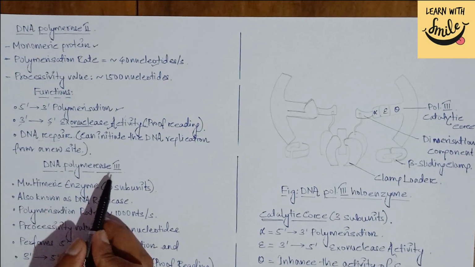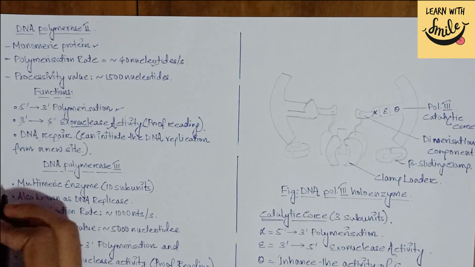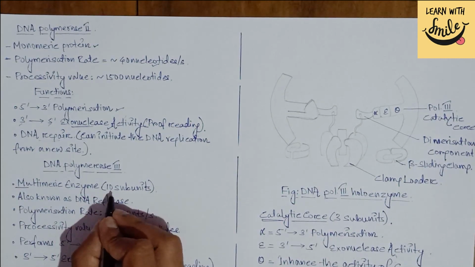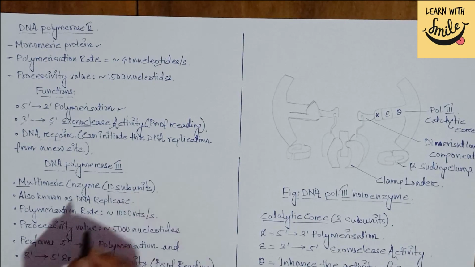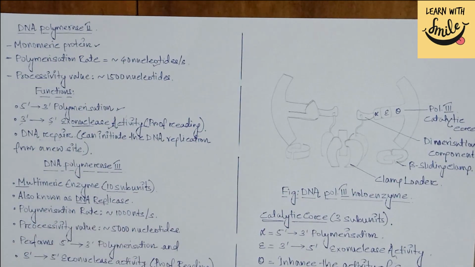Now, coming to DNA polymerase 3, which is the most prominent enzyme working actively in the prokaryotic DNA replication process. Basically, it's a multimeric enzyme, that is, it is made up of more than one unit, that is, it is made up of 10 subunits. It is also known as the DNA replicase, as it is the main enzyme participating in the DNA replication process